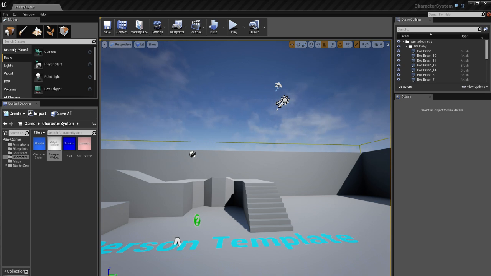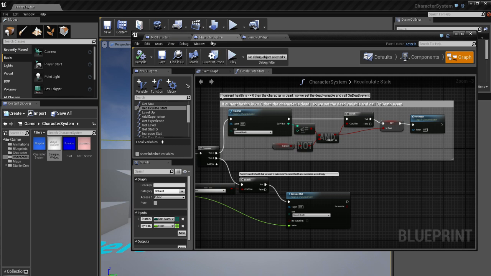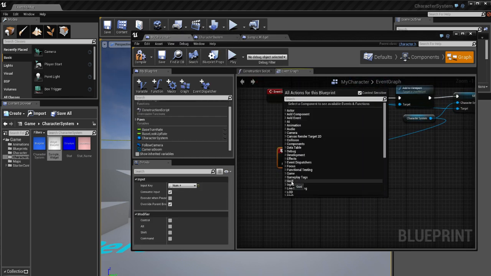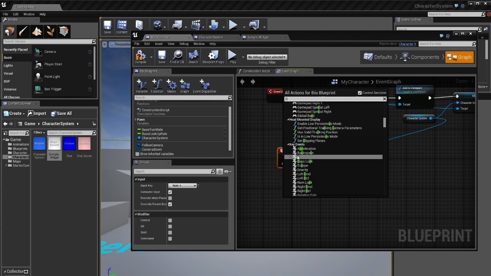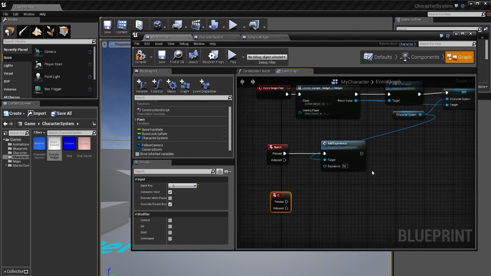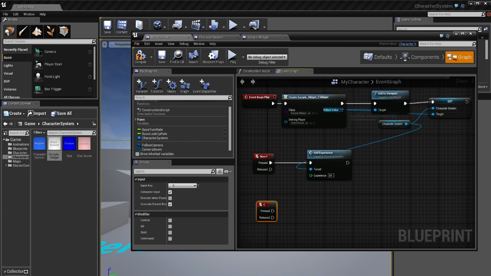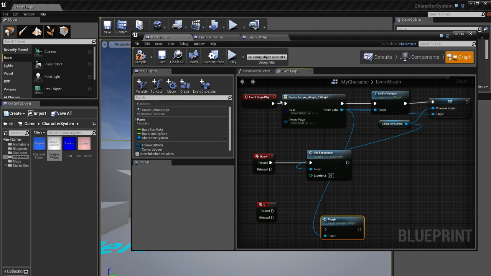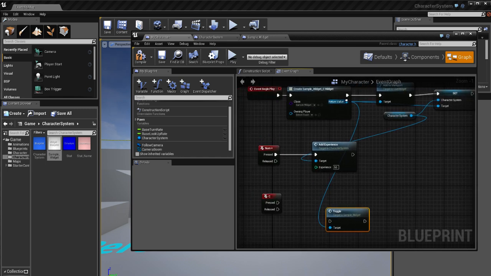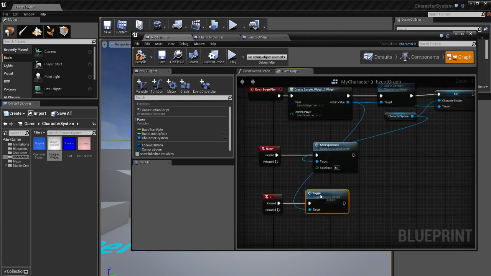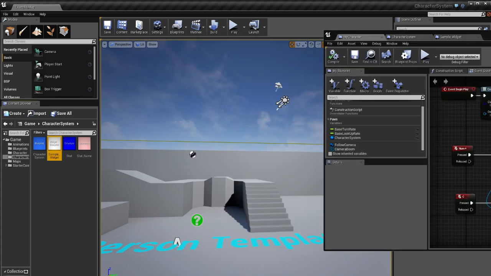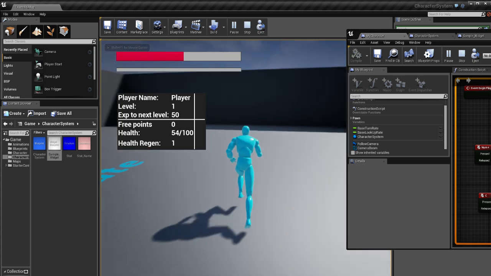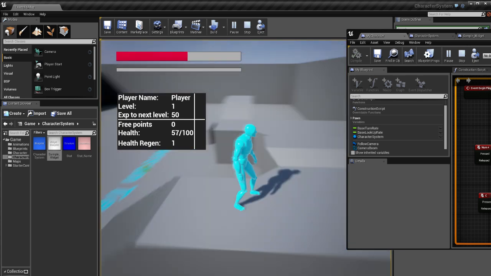We handle this very simple. We'll create an event, for example, pressing the button C. And what we want to do is call the toggle function from our digit. Now, when I press C, you can see that a very simple character sheet shows up, showing the player name,